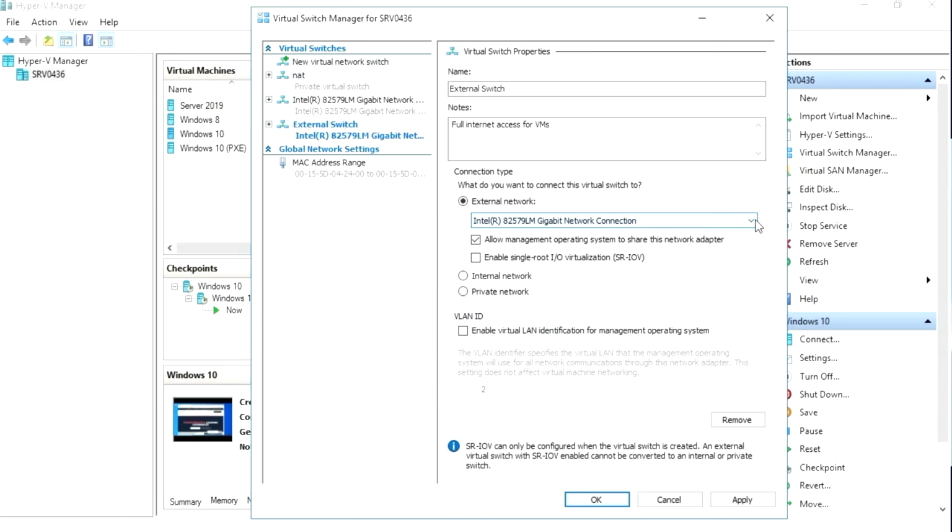Now, if for any reason I needed to change this in the future, you could still leave all the properties as they are, but you could actually change it to an internal or a private network, perhaps just temporarily if you needed to. So at this point, all I would have to do is click on OK. But again, I cannot bind the single adapter in this physical host system to more than one external virtual switch. So I'm just going to cancel this, but that's all you need to do to set up an external switch.